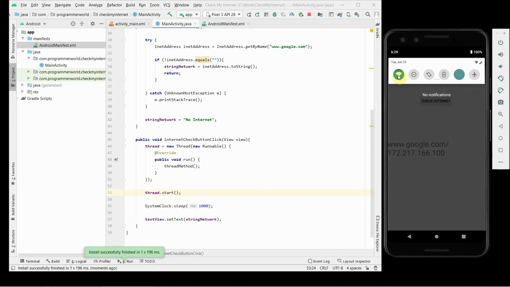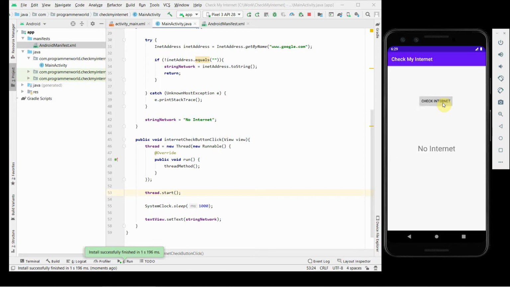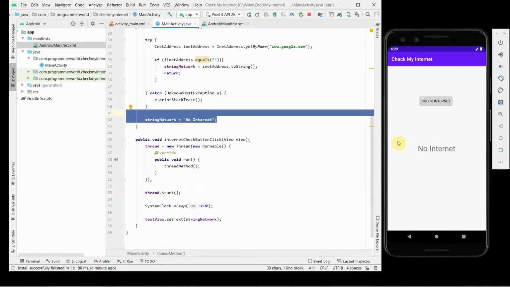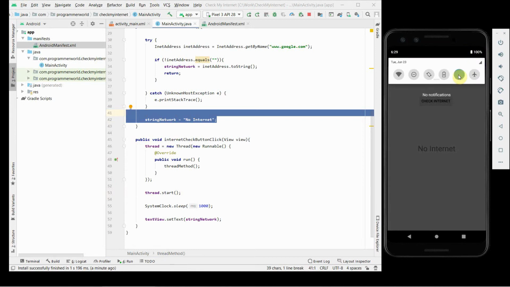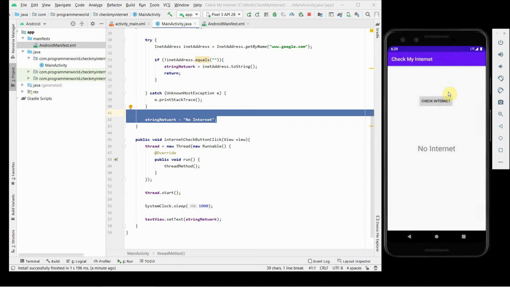Now we can uncheck both Wi-Fi and mobile network, and again try to check internet. I'm expecting it should give no internet, and that's what came. So that's from line number 42, I guess. And probably we can switch it on again. Probably this is only the mobile data, but it doesn't matter.